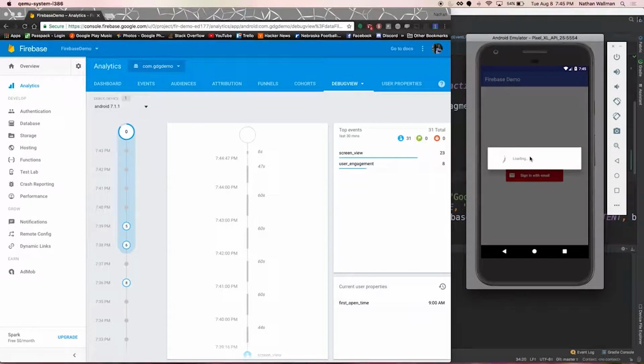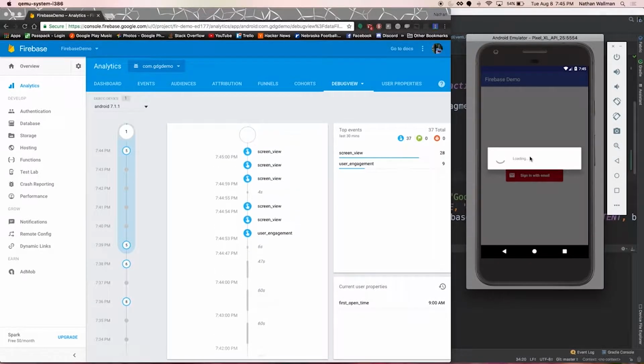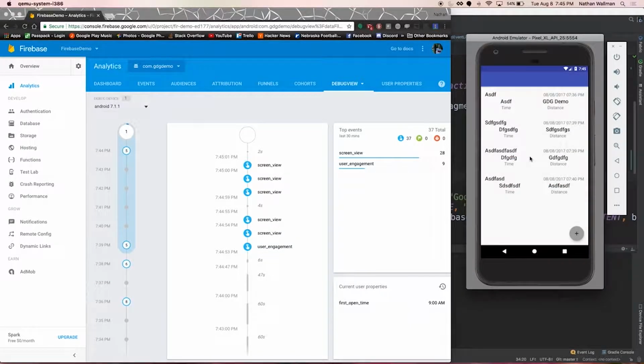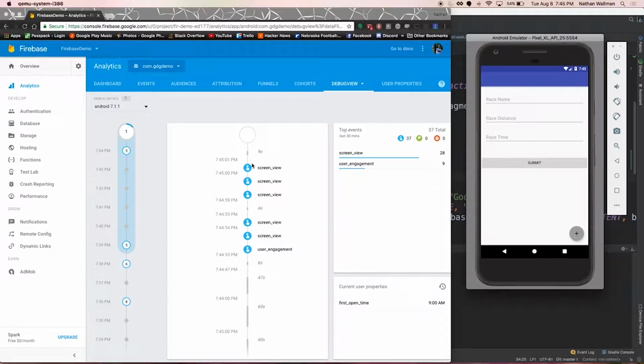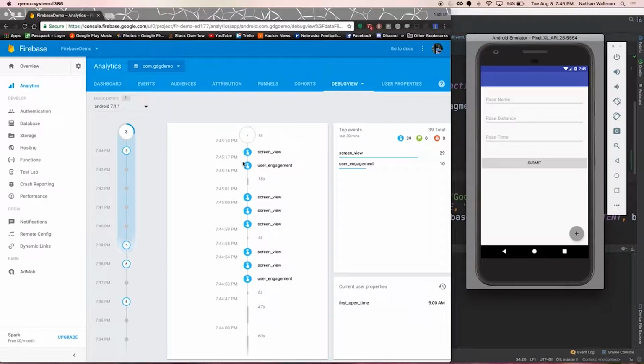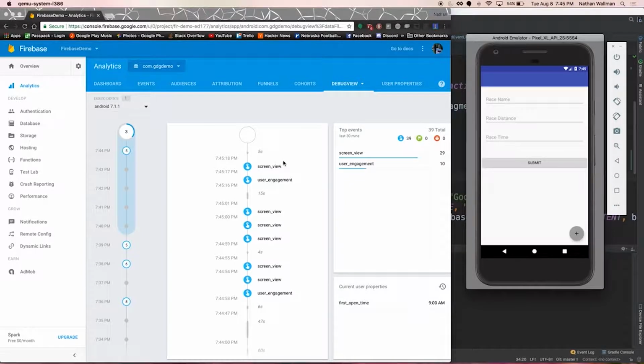Alright, so we should start seeing some events show up here. Yeah, so then they start streaming in, and these are all events that work with the SDK by default. So if you want to know if there's screen views and that kind of thing, you can get that for free. But if I do my add, which should do my custom event, it's not quite real time with this, it appears. I should see my select content, I believe it's called custom view, show up here, hopefully.